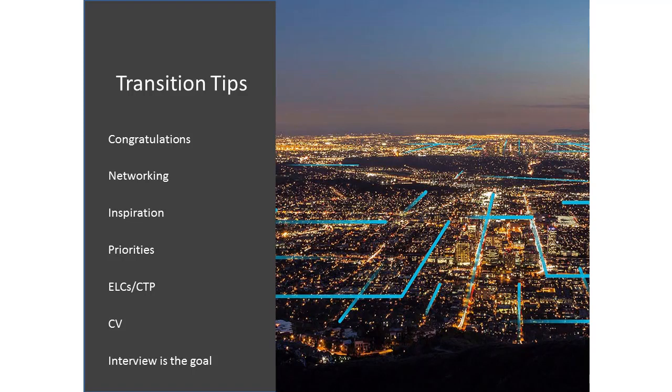And then the last point on transitioning. For me, I think getting an interview should be the goal that you're aiming for, not necessarily getting the job. And the reason I say that is that, as ex-military people, we need to work hard to translate our experience into something that a company actually wants and needs. But once we get our foot in the door of a recruiting process and get through that CV sift and get through that telephone interview and get to a face-to-face interview,